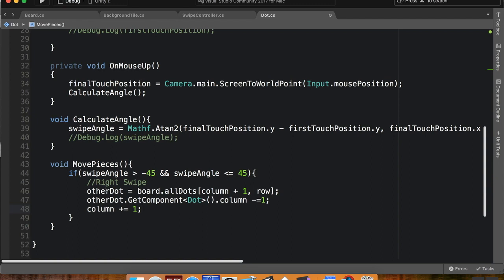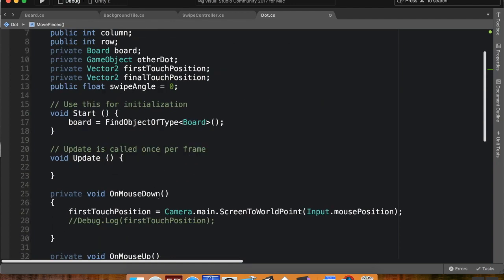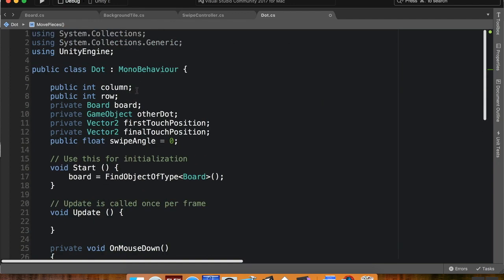So essentially what's happening here is if we're doing a right swipe, we're going to grab the dot that's to the right of us. We're going to grab their dot script and change their column to be 1 less than it was. So if it was 1, it turns into 0, 5 turns into 4, and then turn our column up. Now, this alone doesn't do anything, but what I'm going to do up here is I'm going to create